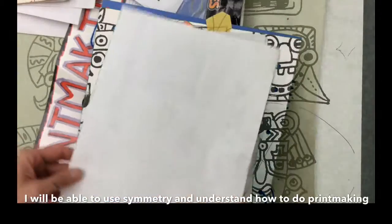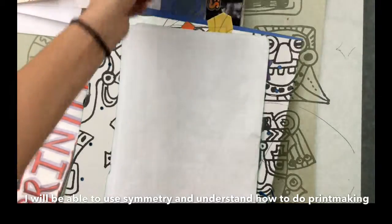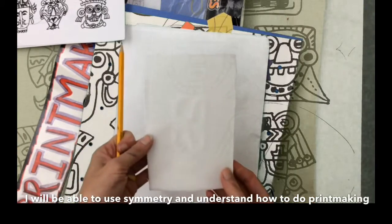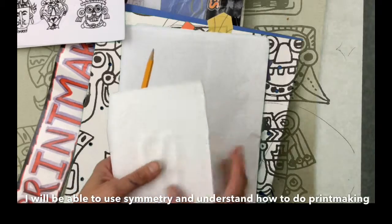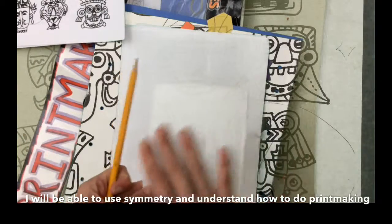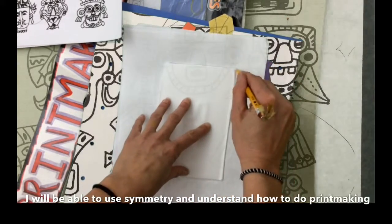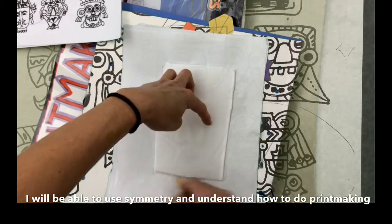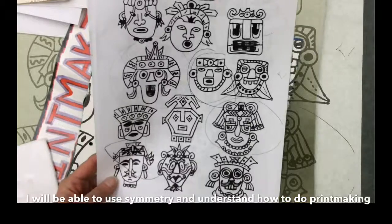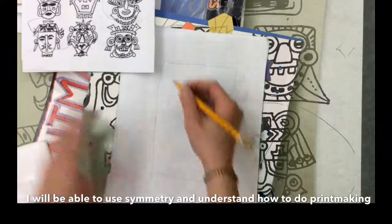So to start your mask, I recommend getting a page in your sketchbook, and you can look at one of the designs to draw, but we're actually going to be carving it into styrofoam. This is basically going to be your print. So if you've ever done stamping where you stamp something using a stamp, it's kind of a similar idea. So I'm going to get my piece of styrofoam and I'm going to trace it to make sure that my mask design is big enough to fit the styrofoam. Once I've traced that design, then I can pick one of these that I really like. So I want to draw it first. I really like this guy. He looks like he has a nose ring. And the Latin American mask design